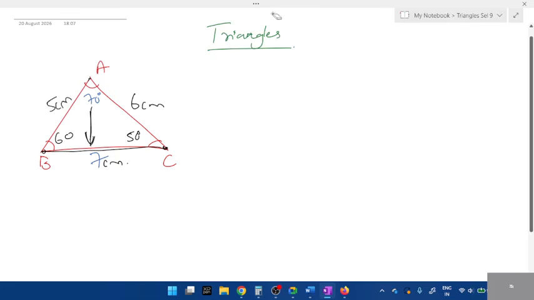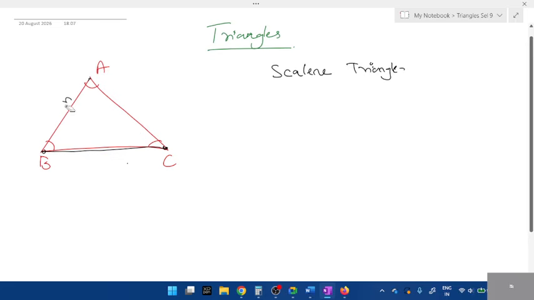Comes types of triangles, students. Types of triangles. Are all three angles different and all three sides also different? So what do you call this? Scalene triangle. So what do you mean by scalene triangle, students? All of you will respond. A scalene triangle will have all three sides and angles different. That is known as a scalene triangle.